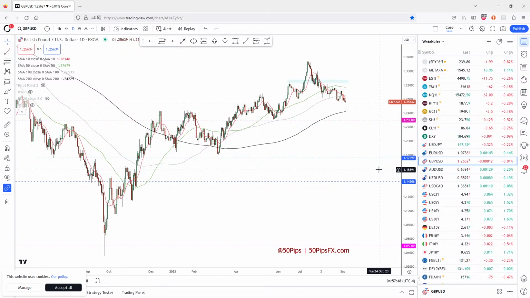So right here, it's just a question of waiting to get through, or waiting for the next key data points, waiting for the next seasonal patterns, waiting to get through this OPEX to see what happens. But again, it should be an extremely interesting September with a lot of opportunity. But I think right here, it's important not to be too bullish or too bearish. It's important to keep an open mind and stay nimble, because there's a lot of trading to be done.